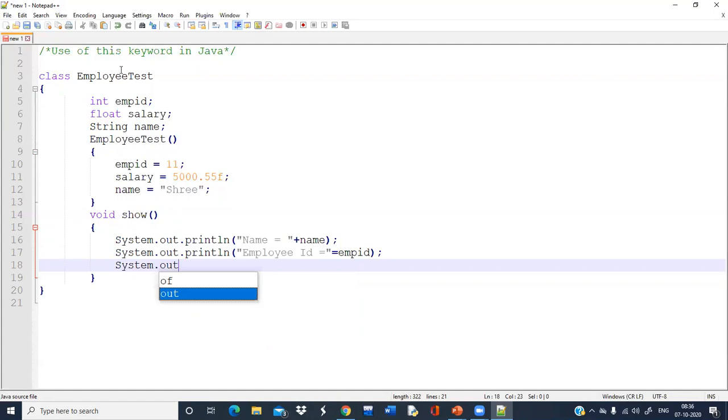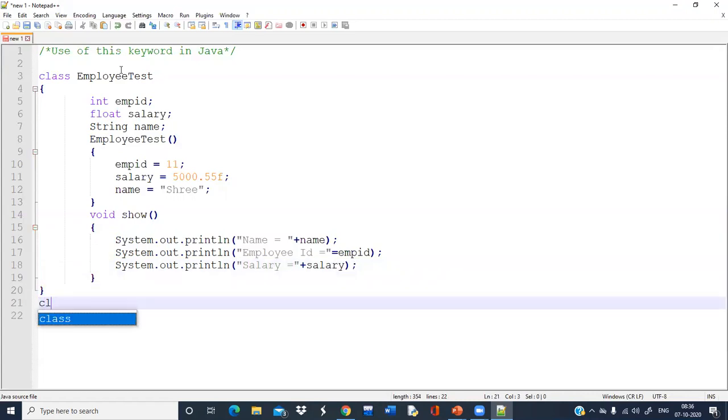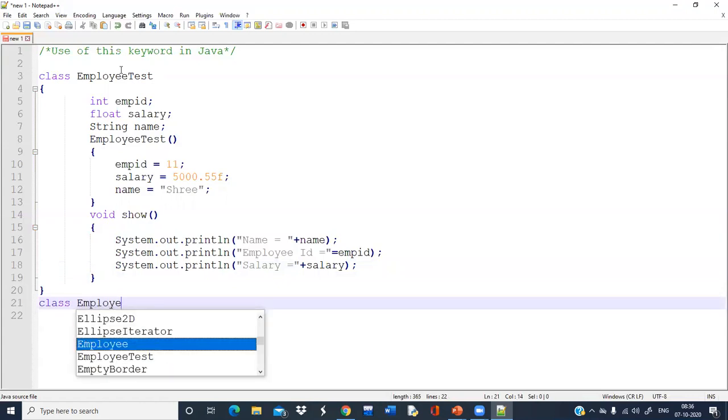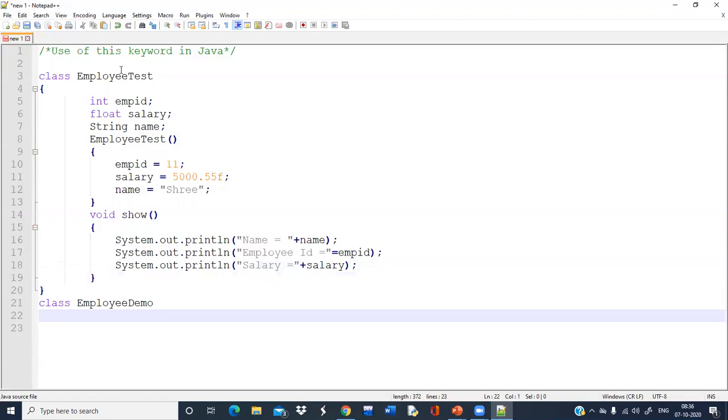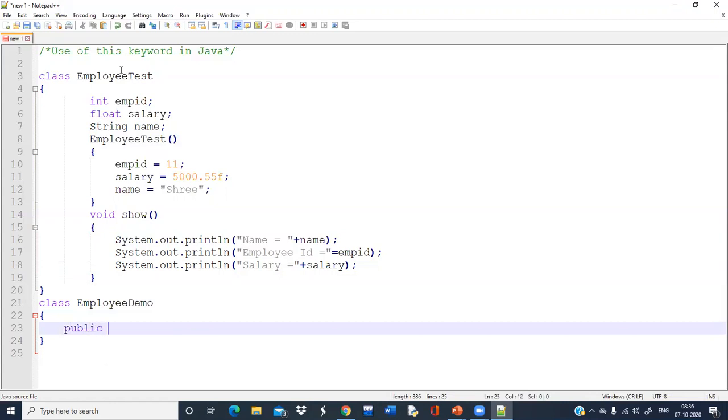Similarly, to display the salary of the employee, we have to print the value of the salary field. Then we will write the main method.